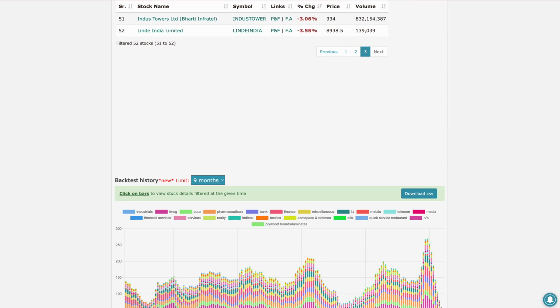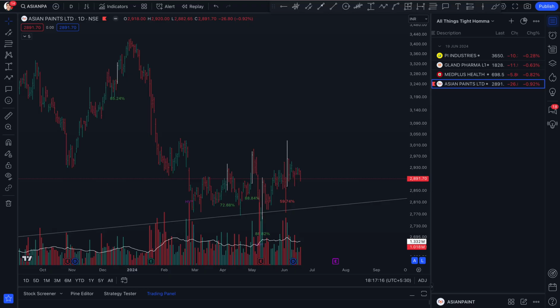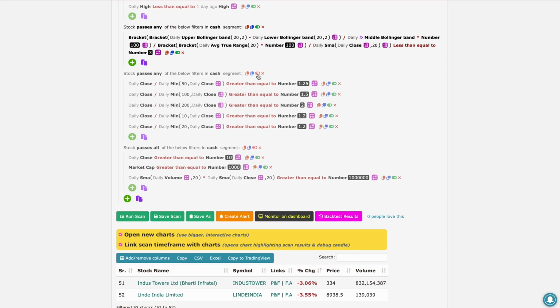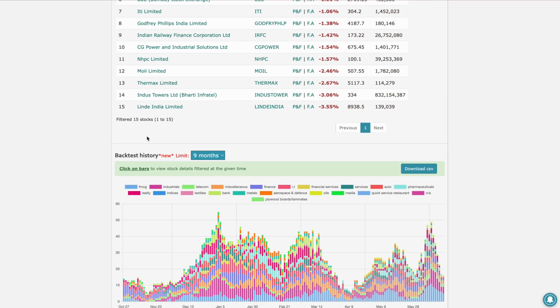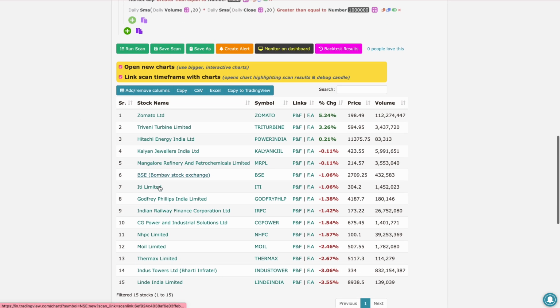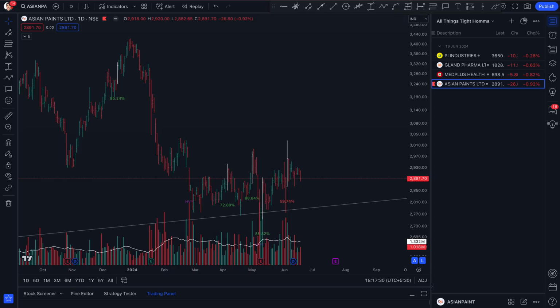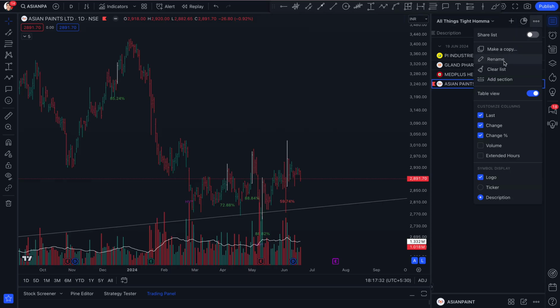So if you now see, you'll have more names, and let's also put the criteria of prior uptrend, and here you will see that you only have 15 names now. So all of these will be tight and also after an uptrend. Okay, so if you clear this,